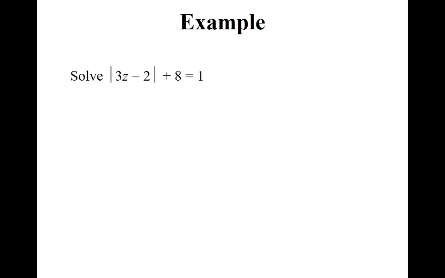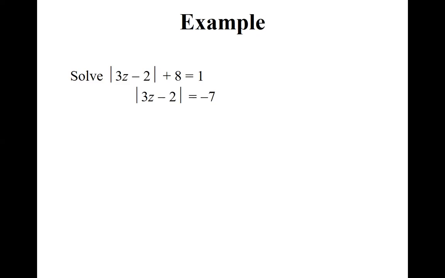Don't fall for the trap here. In the absolute value of 3z minus 2, then outside the absolute value plus 8 equals 1, we have to start by getting absolute value equals. We can't solve it until it's in absolute value equals form, not absolute value plus 8 equals. So we've got to get rid of that plus 8. We get rid of plus 8 with minus 8 from both sides. That leaves us with the absolute value of 3z minus 2 on the left,